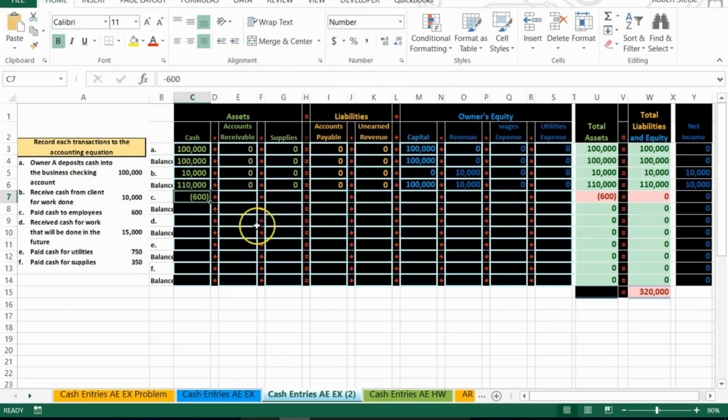Then what else is the other account that is affected if we paid employees? Well, it's not an asset, it's not a liability, it's